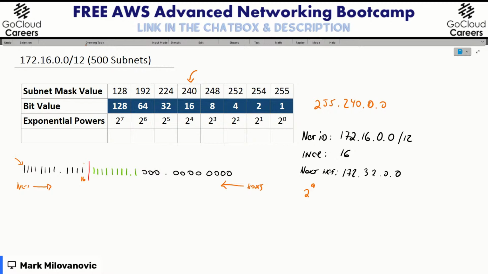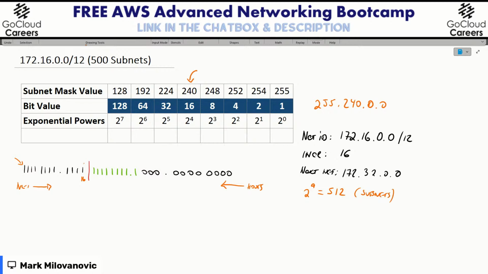So we verified through counting that we have now created the possibility of 2 to the 9th power of networks. So if you did the counting on your hand again in 9 bits, that would be 2, 4, 8, 16, 32, 64, 128, 256, and 512. So 2 to the 9th power is 512. So these are our subnets.